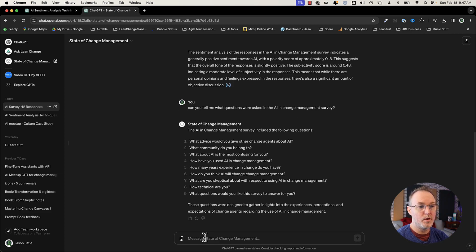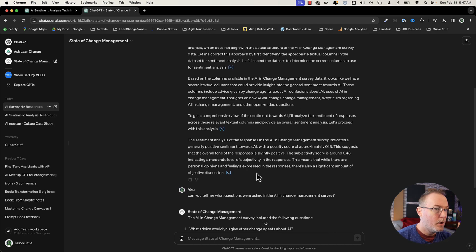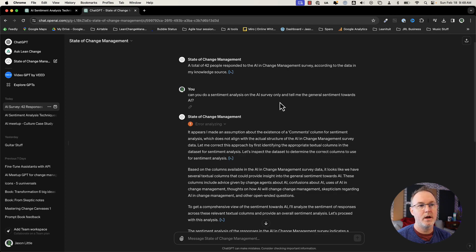Now I can basically do deeper sentiment analysis on these types of questions. But let's just scroll up to the first section up here. Now, what I did up here, can you do a sentiment analysis on the AI survey only and tell me the sentiment? This is called zero-shot prompting. So this is basically you're giving ChatGPT an instruction to do something that it's never done before. It's like if you had a brand new employee who was super duper smart and you said, go do this thing, it's never done it before, it's going to go try it and it's going to base it on its experience, which is why it said, it appears I made an assumption about,